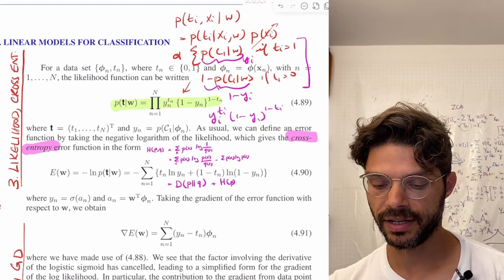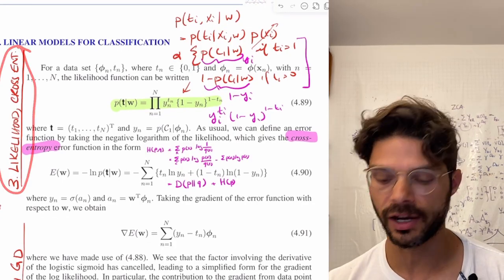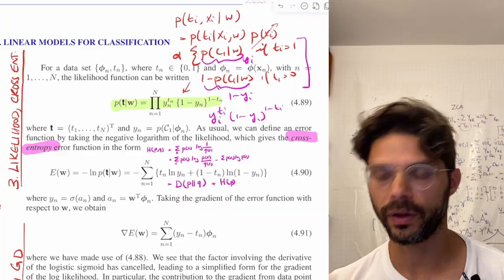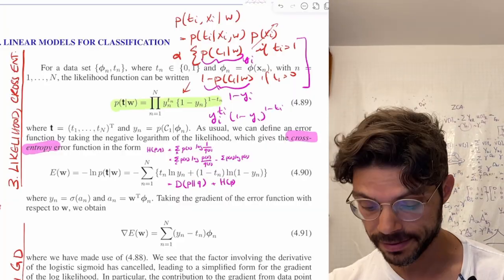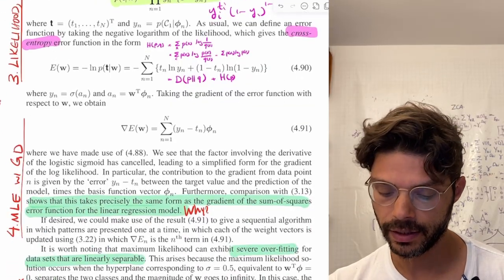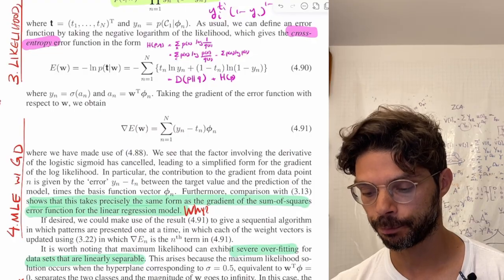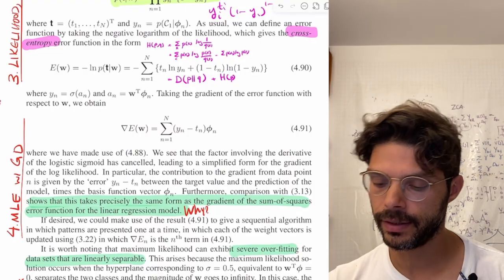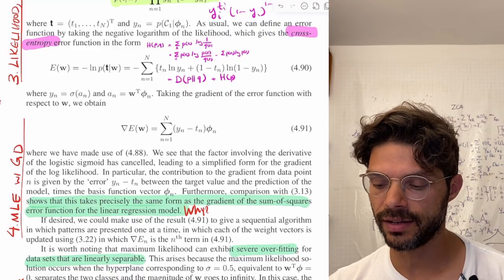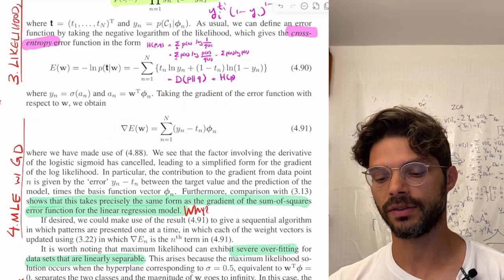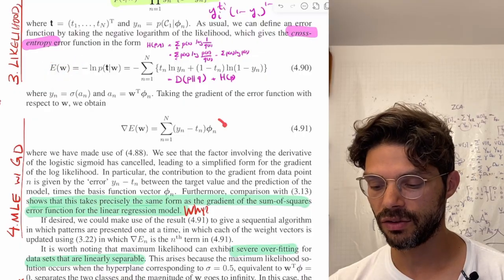Great. So that's the likelihood and the cross entropy bit. So now, how are we going to do maximum likelihood estimation? Well, the simplest idea is to just do gradient descent on this thing. Now, quite remarkably, it turns out that gradient descent on this energy actually gives you exactly